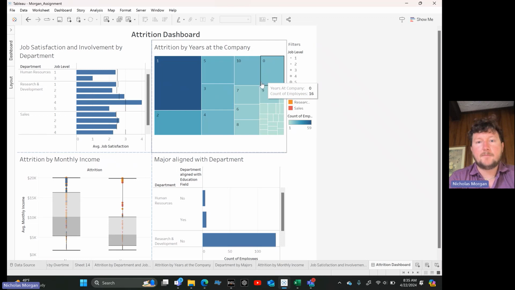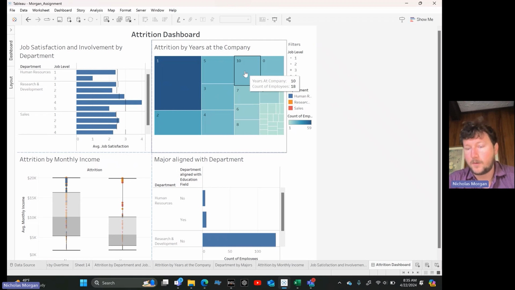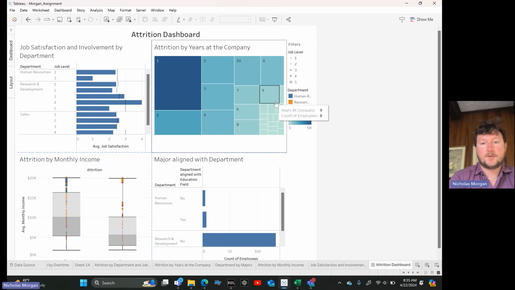But there is an abnormality really right here at year 10. Why would I see year 10 over here that big of a square? You might wonder. Well, there could be many reasons why someone would leave at year 10. It's a big stepping stone, but I think it may be linked into a segue into our next graph,